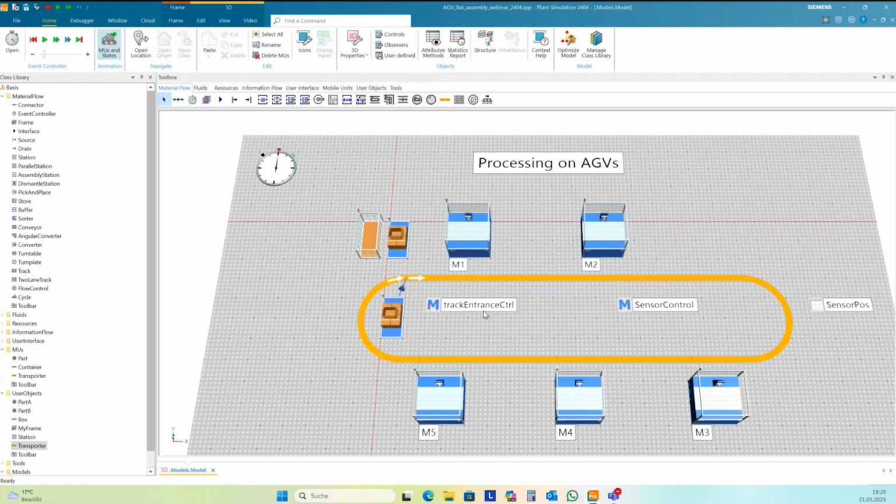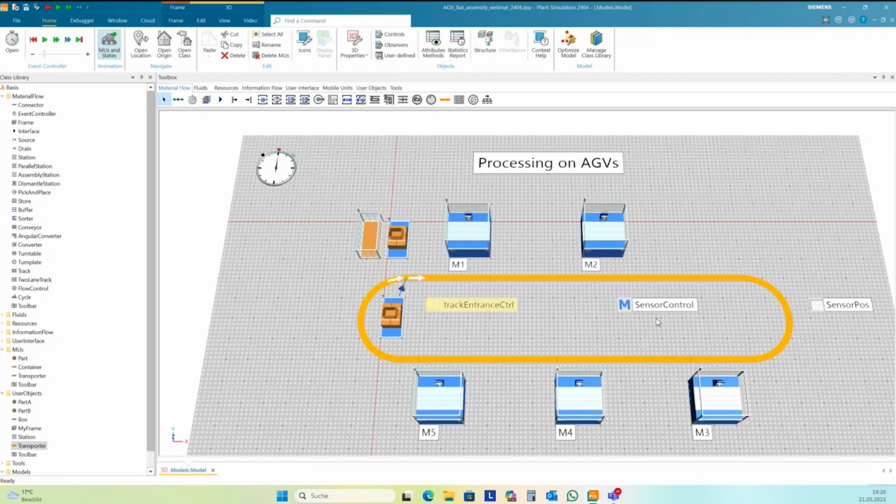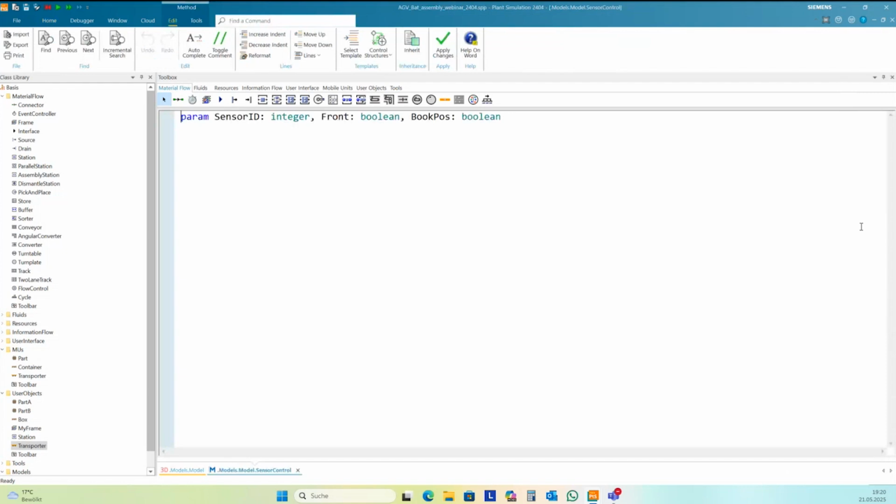And so we need a small sensor control. First, I get the station from my table.